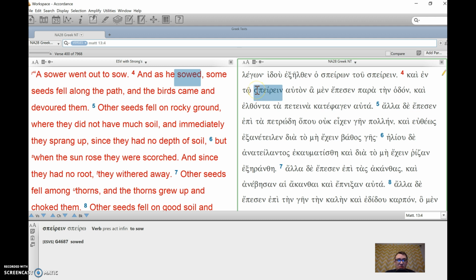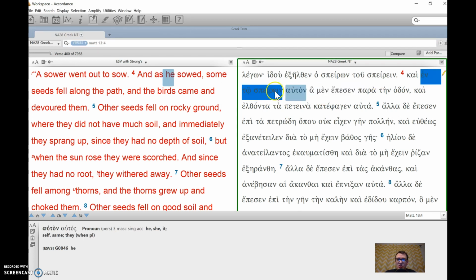Now, this is where it's going to be really important for you to transition to looking at the Greek text. You need to have it open because you need to look for certain things. So this is the infinitive, and I need to backtrack. I see there's a definite article here and also a preposition here. So if I look at it as a whole, I have a prepositional phrase with an infinitive and then an accusative noun after it, which means the accusative